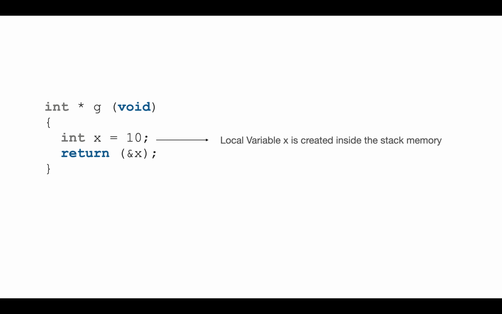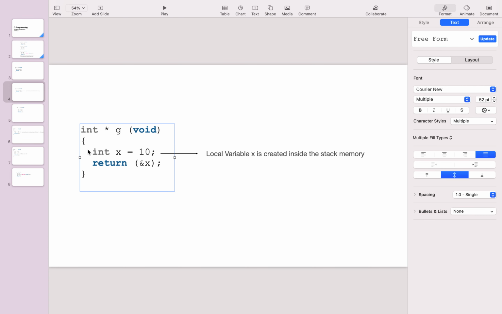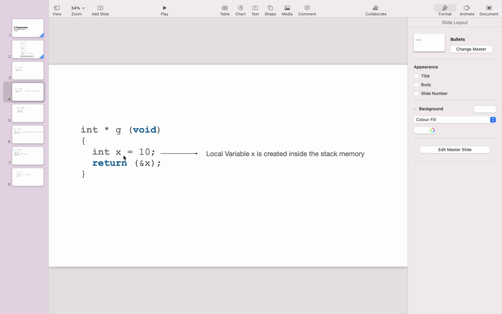So what happens when variables are stored in stack memory? The scope of x is within these curly braces, restricted to only function g. After the execution of g, the memory will get popped, meaning the memory reference will not be available further.